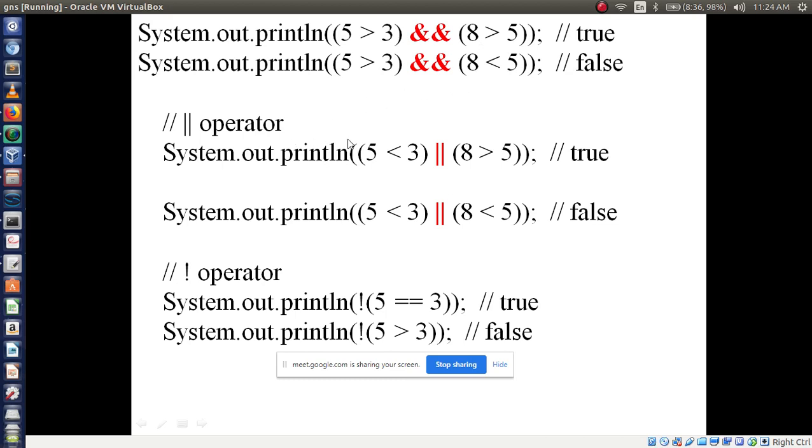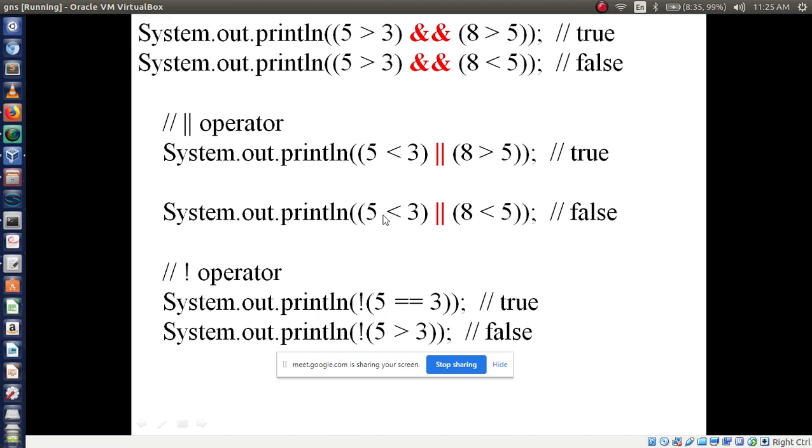Now in the OR operator, if any one condition is true, it will display the result as true. When both the conditions are false, the result should be false. So let's see here, 5 greater than 3, the condition is true. Now 8 greater than 5, the condition is true, so it is displaying true, right?